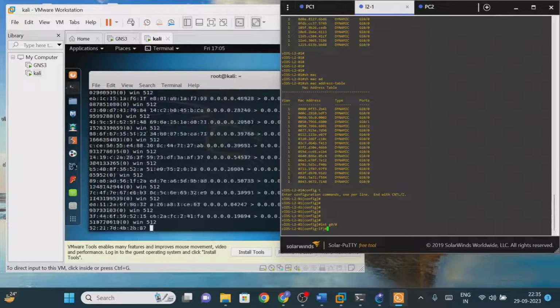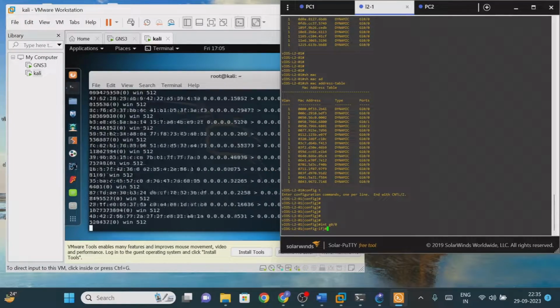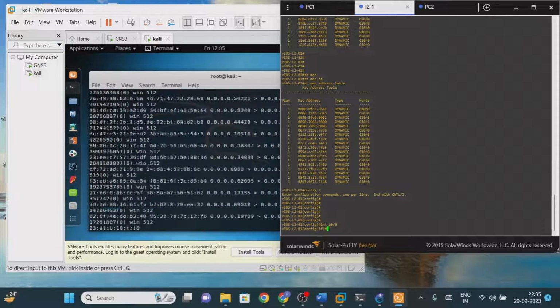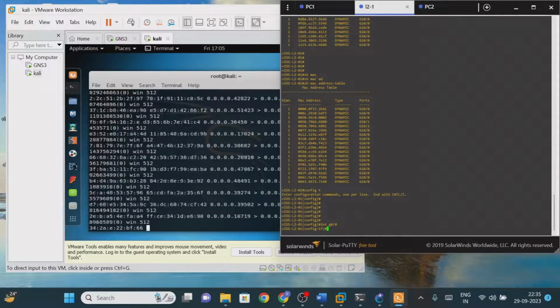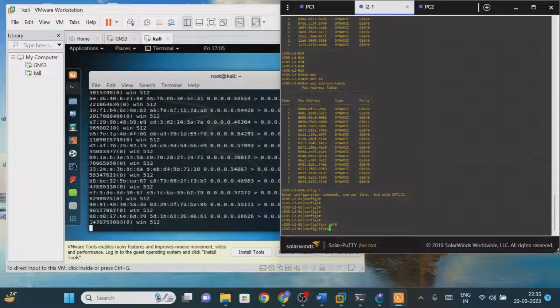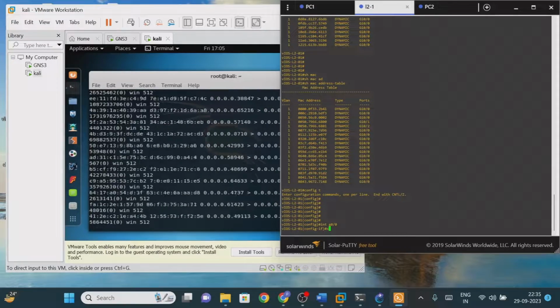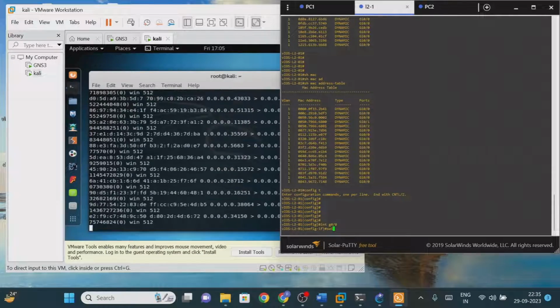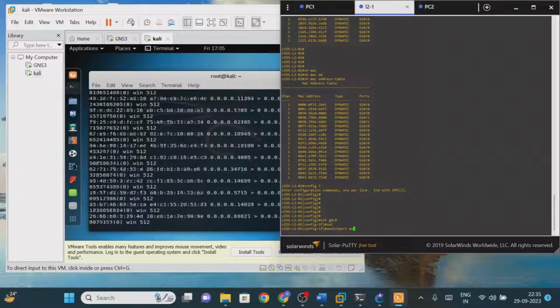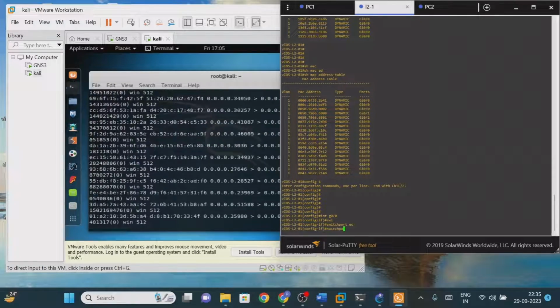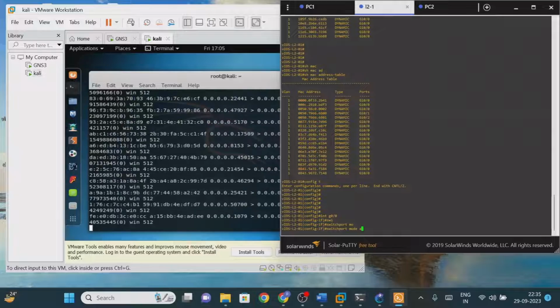Right? So now what we have to do is we need to implement the port security operation. So we'll implement the port security first. Switchport mode access.